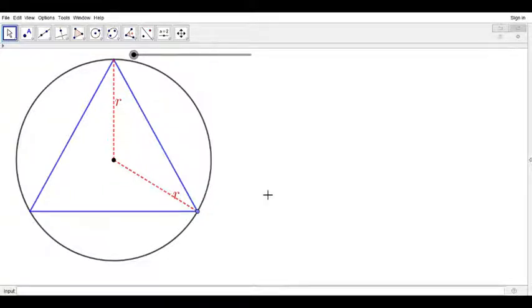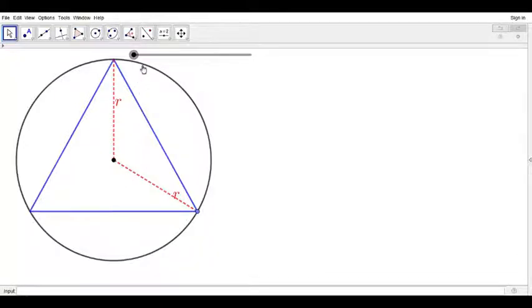Second solution, same setup: black circle, two radii, R, and then a blue isosceles triangle. The apex is at the highest point of the circle, so you can think of the base as horizontal. Earlier, I used the variable x to represent the entire height